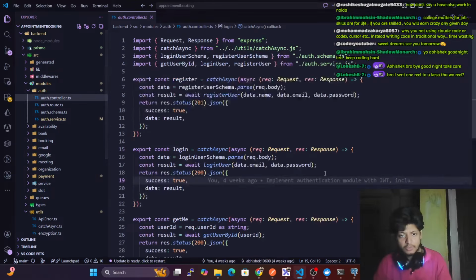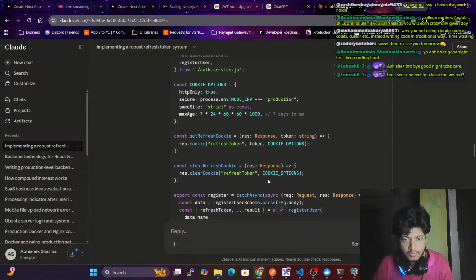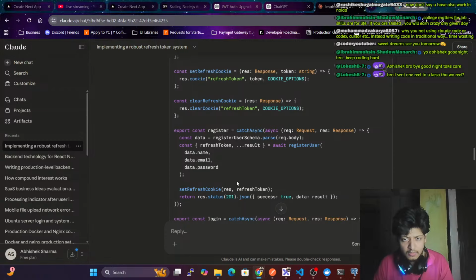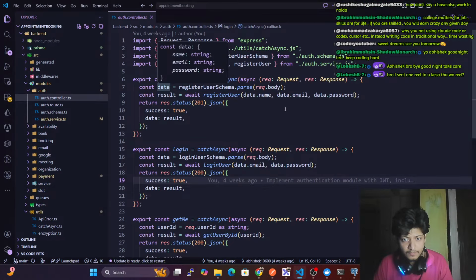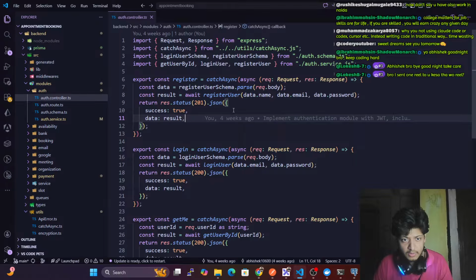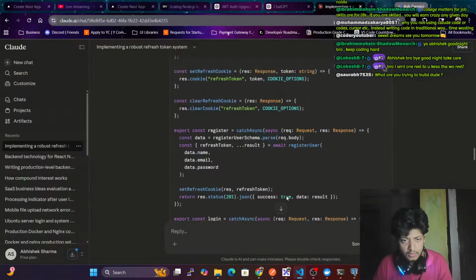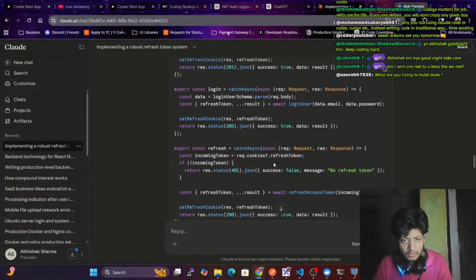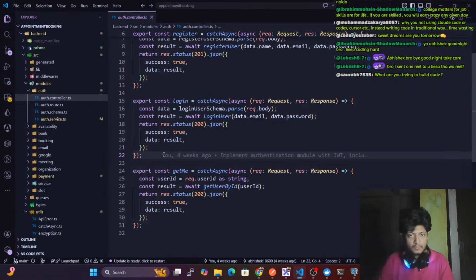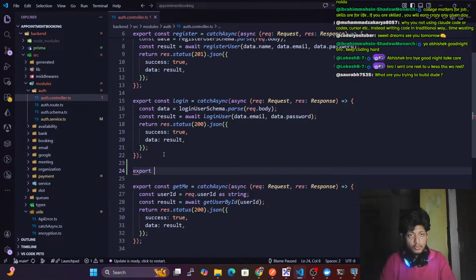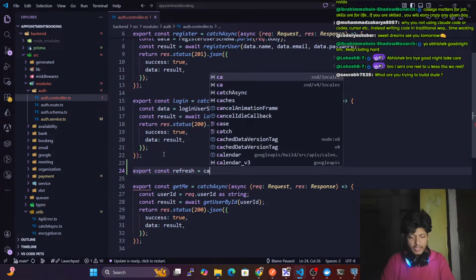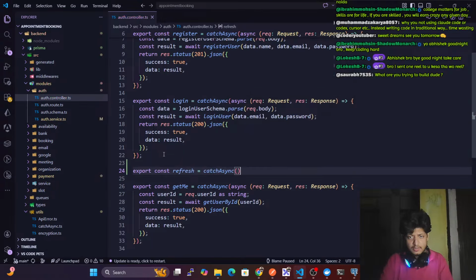Auth controller. We have the auth controller here. Register, login, we just need that. Export const refresh is equal to catchAsync, and here we need